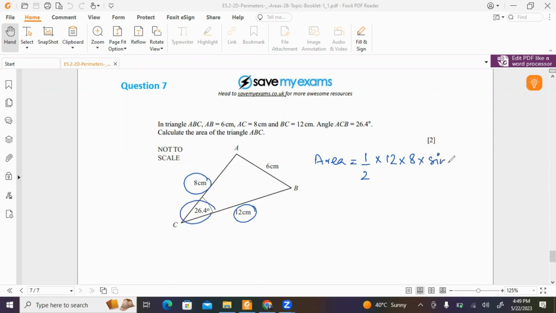Times sine of 26.4. Just plug it in the calculator: 12 times 8 times sine of 26.4, and divide the result by 2. That gives 21.3